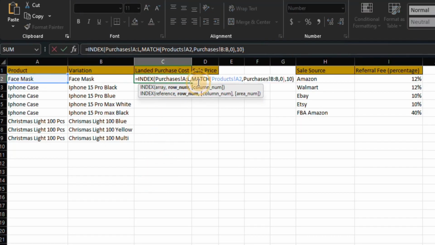The second argument, then, is to match our product name in this worksheet with the product name in our purchase worksheet. And for that, you're going to use the formula match. The first argument is your product name, so A2, and then the second argument is going to be where is the range, or what is the